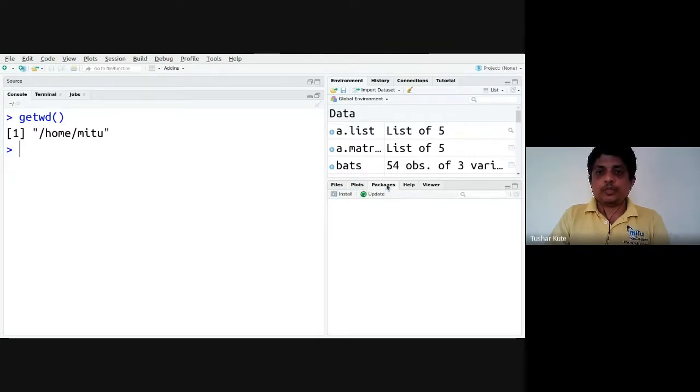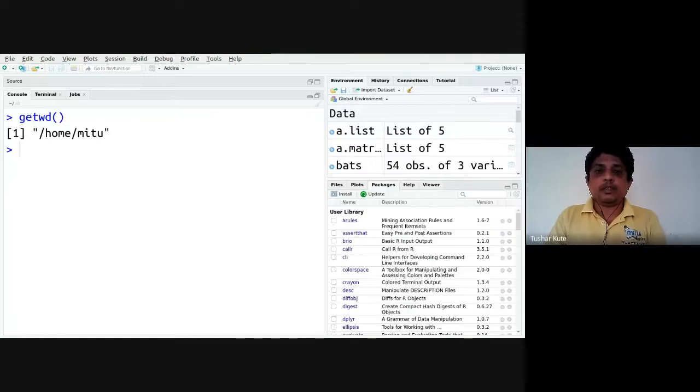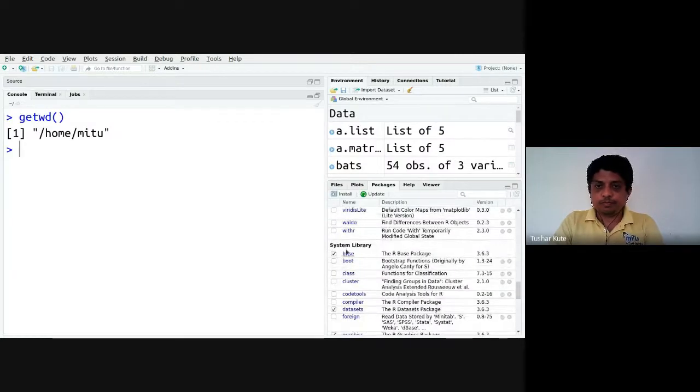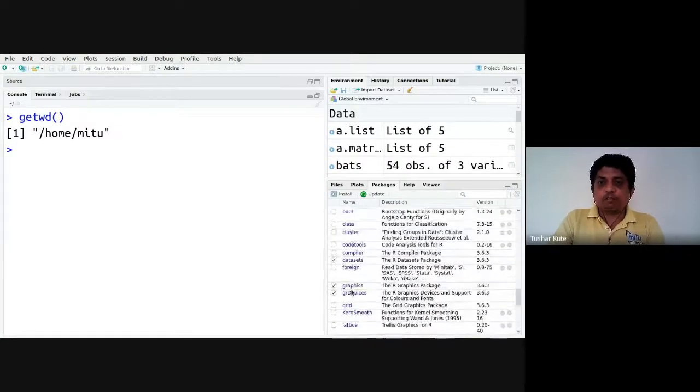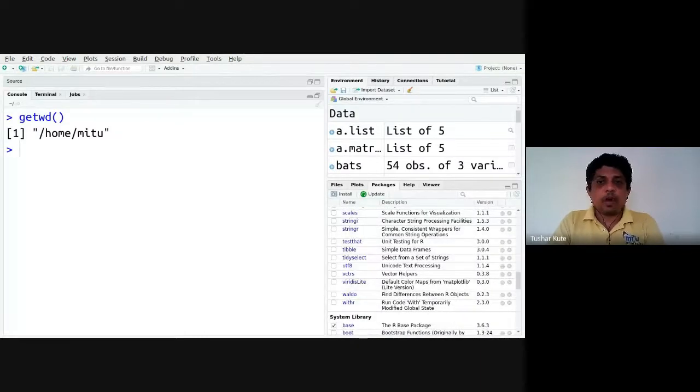Then we have Packages. Packages are the extra abilities that you provide. We can externally add packages. By default, when you install RStudio for the first time, you will have the system library, this one. They are the basic packages. Package, API, library is a part of every programming language, and R also contains them.